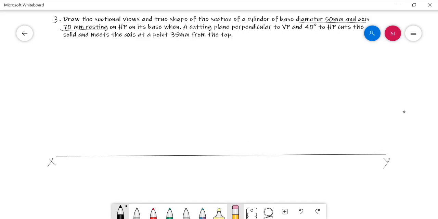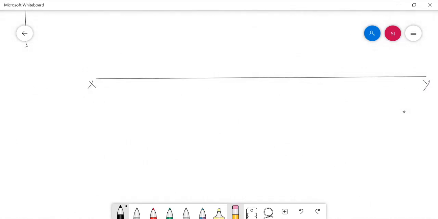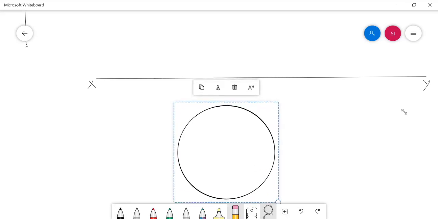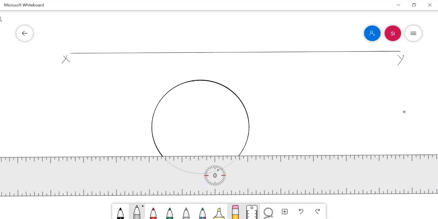The diameter of the circle is 50 mm. So with the 50 mm diameter I just drew a circle, and as usual I have to split it into 8 equal parts in order to mark the generators.